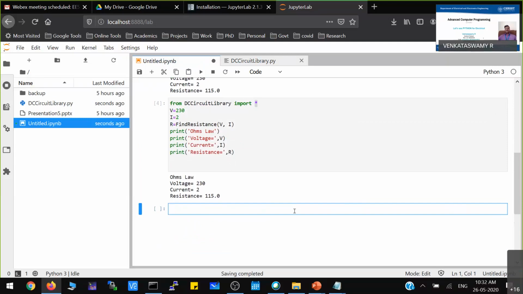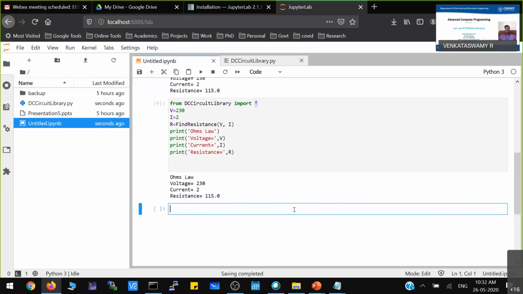So just imagine for machine design, one library is there. Using that library, you can design a transformer, a DC motor, an alternator, something like that. Now, all those things are just procedures, some mathematical calculation. You can create a library in the Python platform. That is how you have to see it.